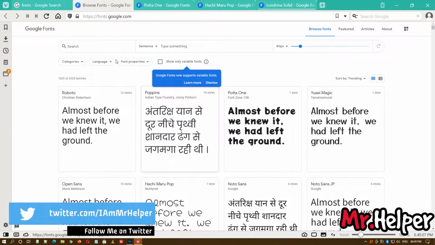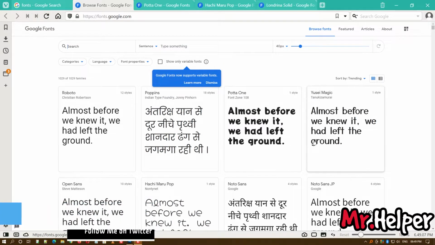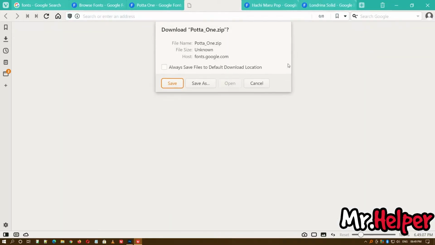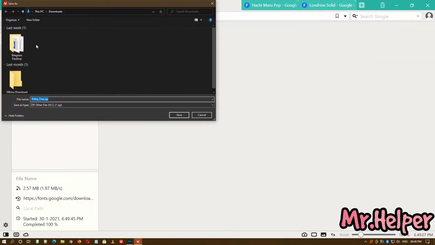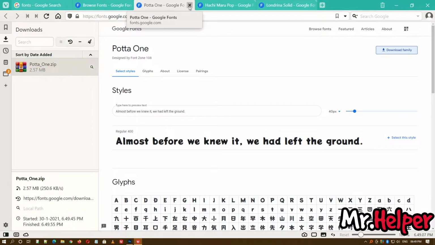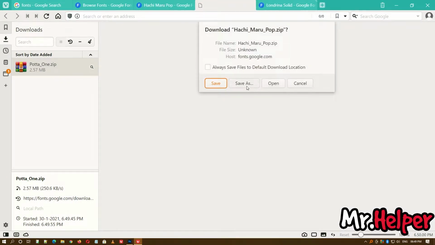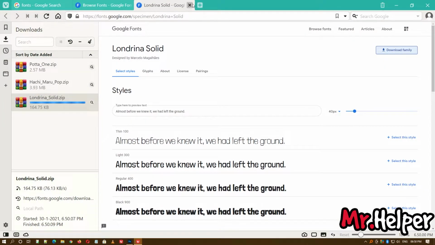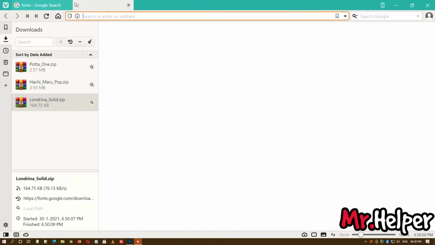Just search for your font over here or pick any one of these, it's all up to you. Click on download family, click on save as, and save it wherever you want to. Now you can close the browser.